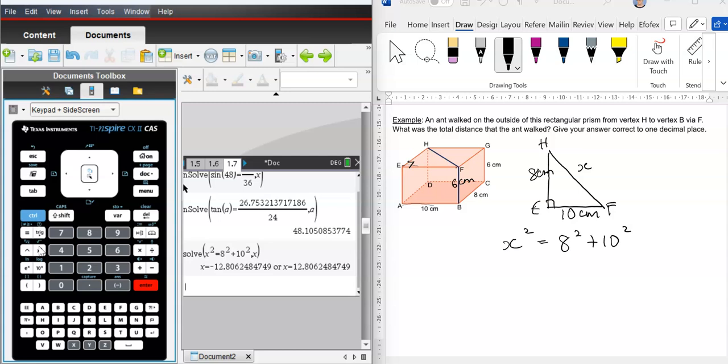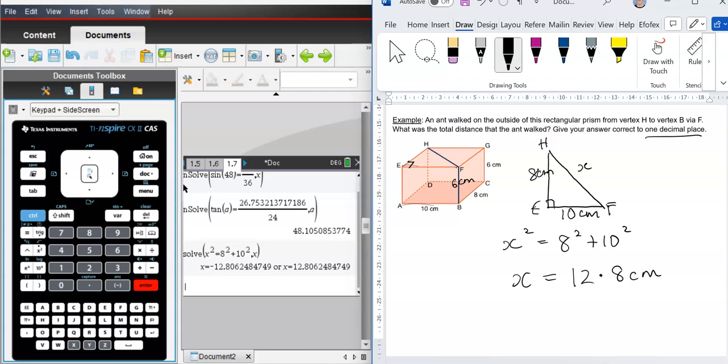So you can see there the equation has 2 solutions, a negative one and a positive one. Obviously this is an example using measurements, so I am only interested in the positive answer. The question tells me to go to 1 decimal place, so I know that the answer for the HF measurement, or the x measurement, the hypotenuse, is 12.8